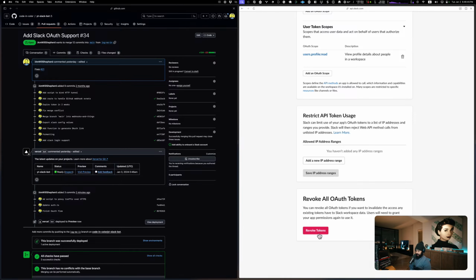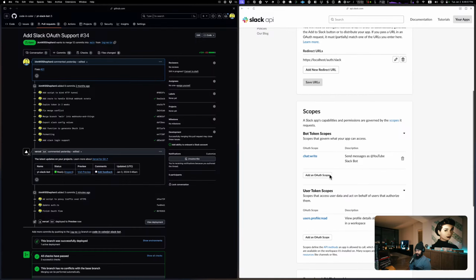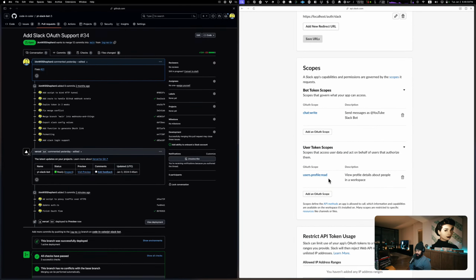So I can revoke all the tokens. Okay. Okay, that's fine. So yeah, I'll do that later. Allow IP ranges. I'll deal with that another day. I see. Okay, so if I want to get profile info, which I don't think I do, so I'm going